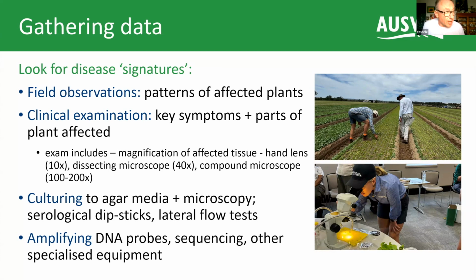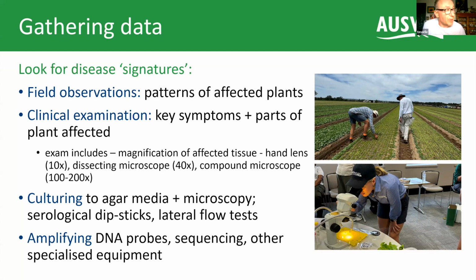And then beyond that, it's really more specialised laboratory type work where you're culturing on agar media, using other forms of microscopy, such as an electron microscope to look at viruses, and serological things like dipsticks and lateral flow tests, very similar to what you might have been exposed to with the COVID situation. And those sorts of tests are available for a number of different plant viruses and a few bacteria. And then beyond that, it's really very, very specialised, amplifying DNA, sequencing DNA, and using other types of specialised equipment